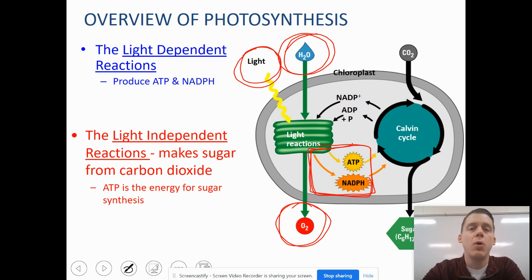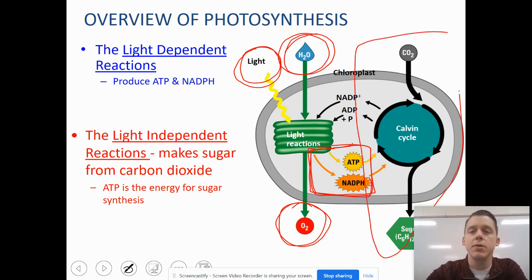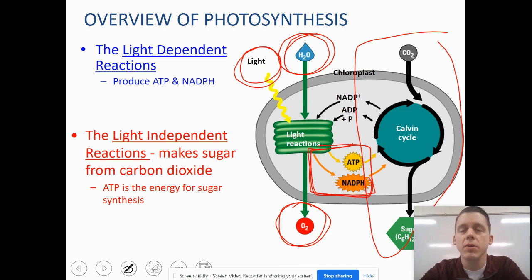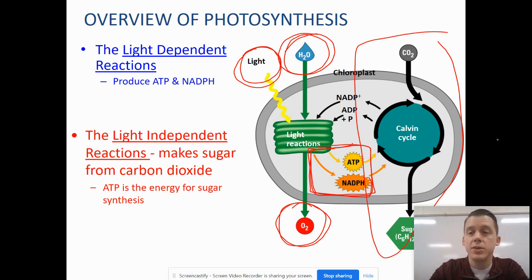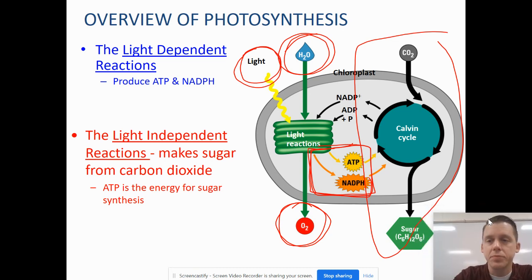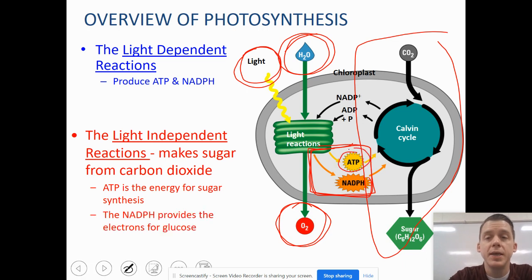All right. Now our second part is the Calvin cycle. So the Calvin cycle is where we take CO2 and we build all these CO2 molecules into sugar. All right. Well, how are we going to do that? We need some energy. Where are we getting energy from? Well, the energy is going to come from the light reactions, right? The light reactions are going to give us ATP, and the light reactions are going to give us energetic electrons. And those two things are going to run the Calvin cycle, which allows the carbon dioxide to be built into